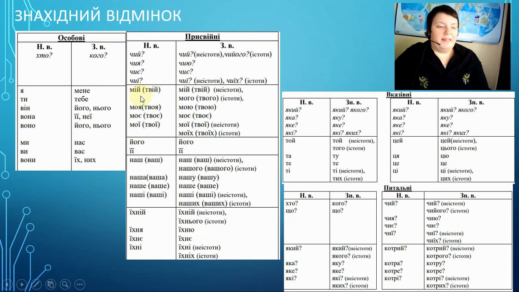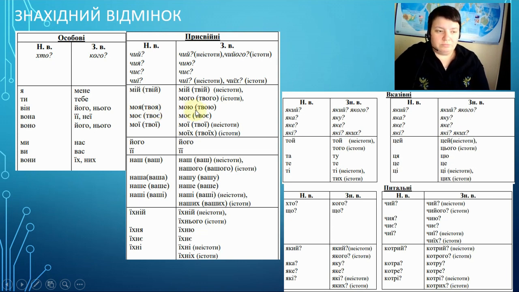And let's look through this. Мій, твій, my, your. If it's inanimate, мій, твій, the forms are the same. But animate, мого, твого. In grammatical feminine, we don't care if it's animate or inanimate. Моя, твоя, nominative.